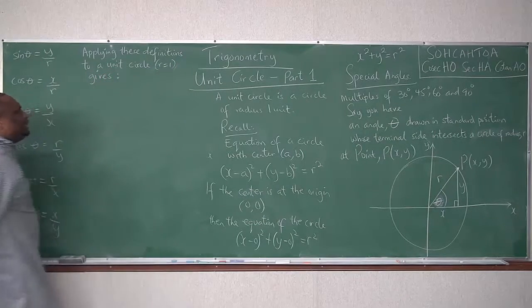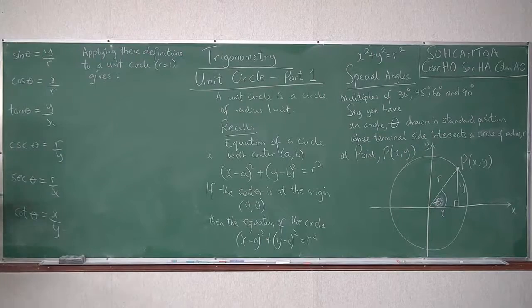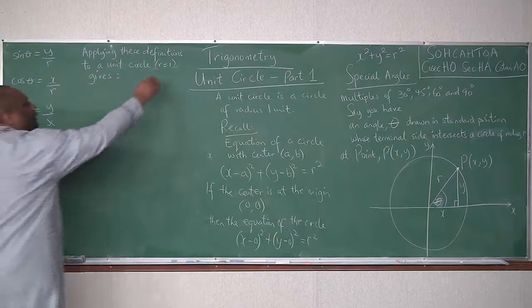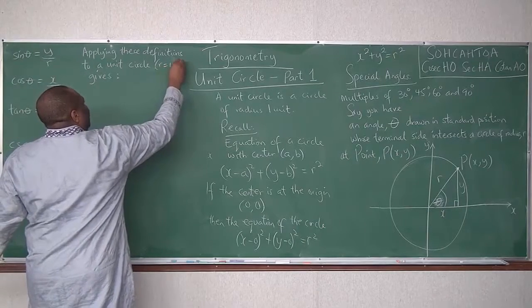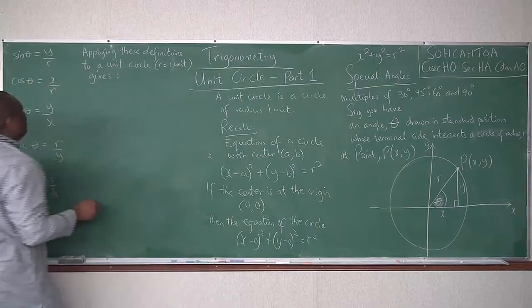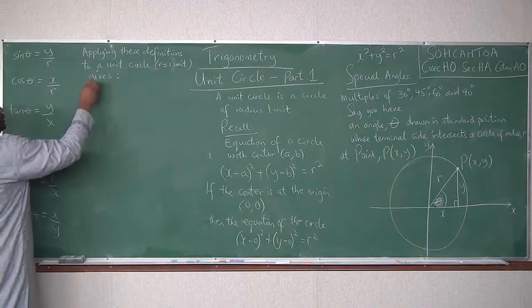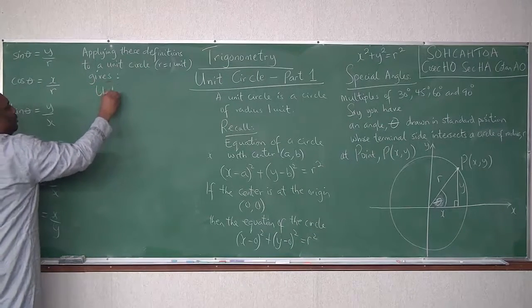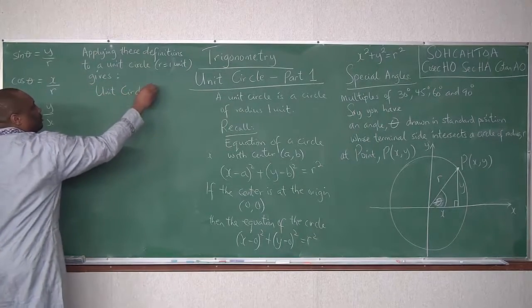Of course, unit circle means that the radius is 1 unit. So what if we do that? What are we going to have? We will now have, and this is for the unit circle only,